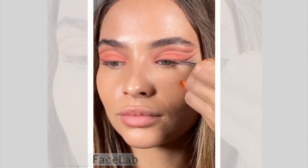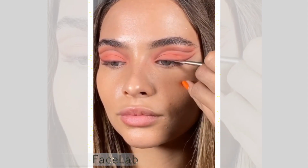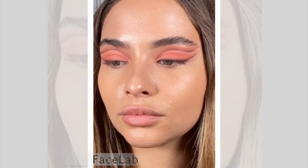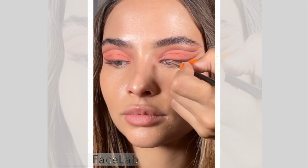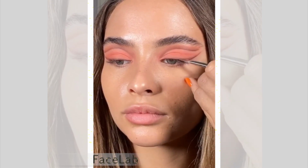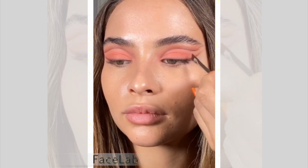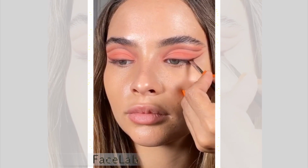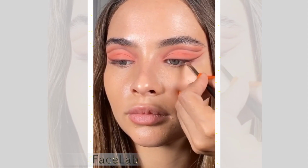I'm working towards achieving definition, and today I'm using a darker brown eyeshadow with the help of an angle brush just to tap on top of that lash line. If you are struggling with creating a liner, using an eyeshadow as a first step is so easy. It really helps you find the right flattering angle, and at the same time, if you made a mistake, you